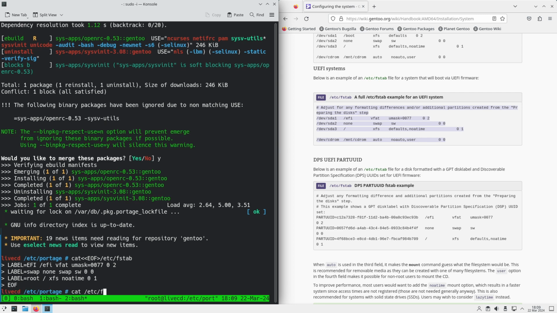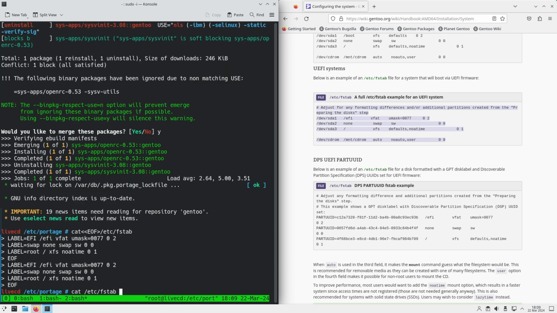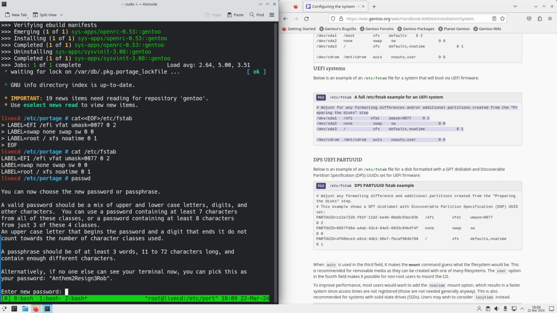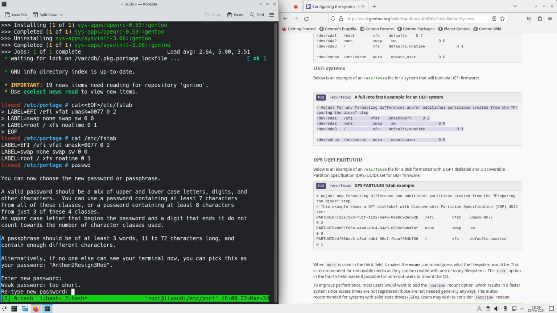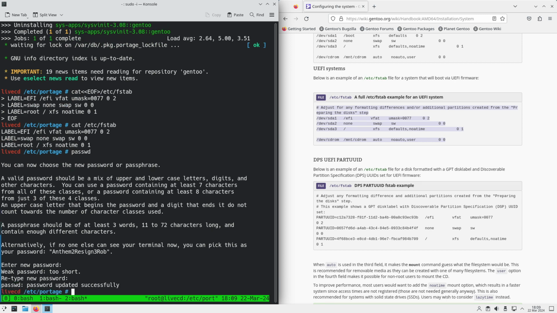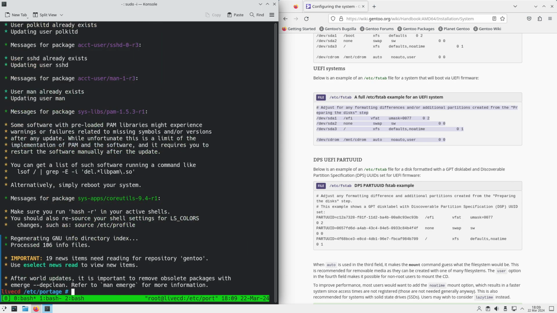And let's check what we have actually written there. Okay, this looks good. Also, let's create a password for our user. Okay, I have the kernel, we have everything. So, what I'm gonna do next? Next I'm gonna do